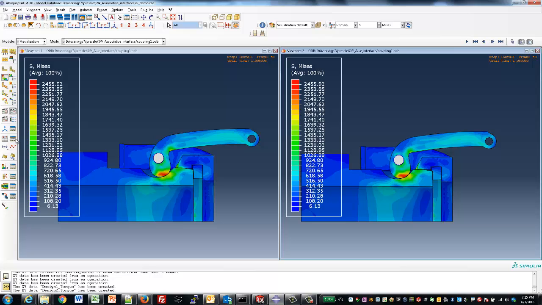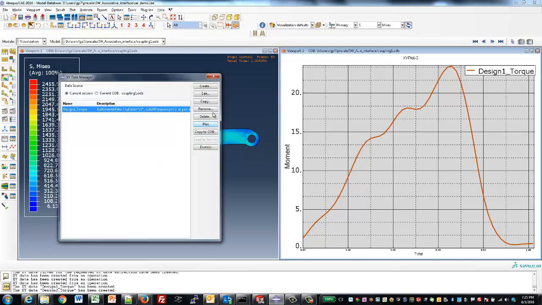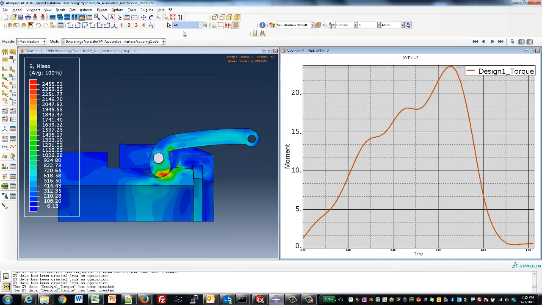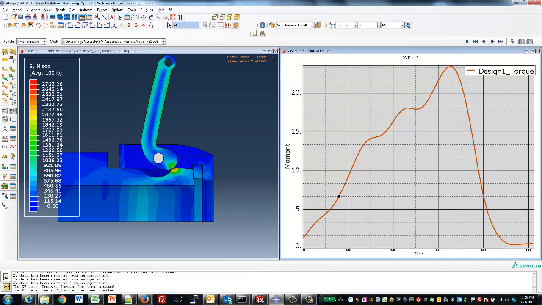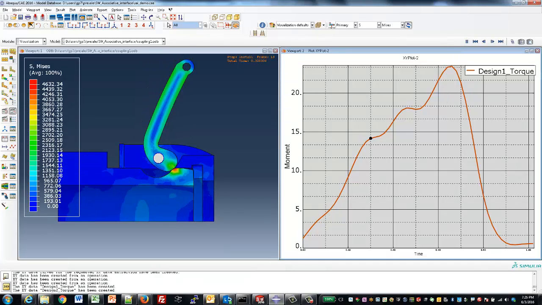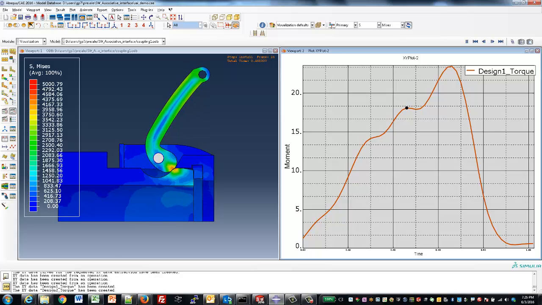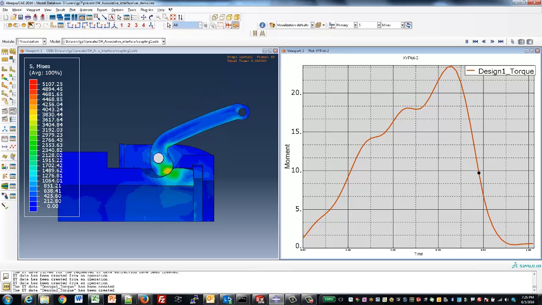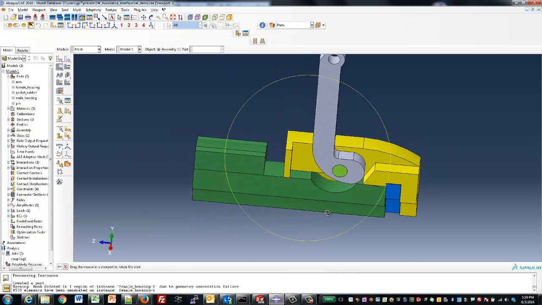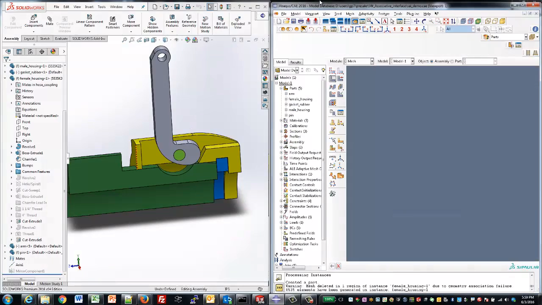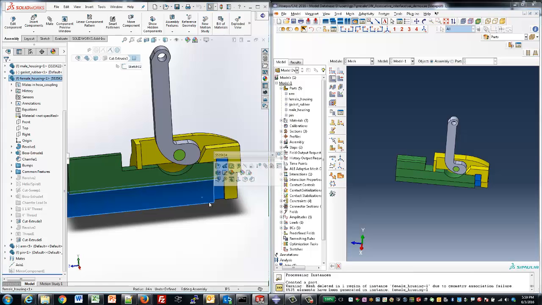Finally, we might want to look at the resultant force that it takes to close the actual latching mechanism. We can show both the stress plot as well as the resultant force plot at the same time and play through the results and see where the peak force actually is. What we can see in this example is that the latching mechanism has a little bit of a difficult time at the beginning where you get all that plastic strain in the sharp corner. So maybe a geometry modification might be necessary in order to reduce those forces required to close and minimize the